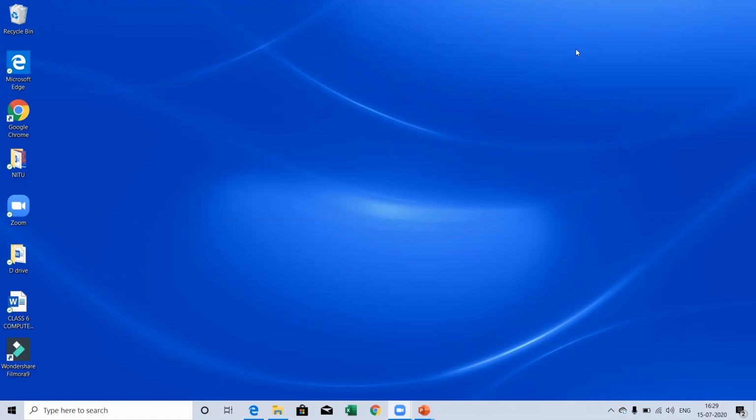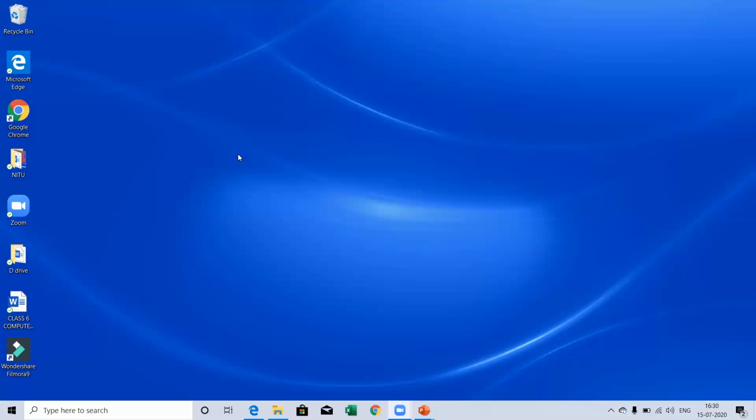As I explained, there are two wildcards. The first one is the question mark and the second one is the asterisk sign. With the help of these two wildcards also, you can search your file. So today, first of all, I will give you a revision about this topic, how to search a file. Then we will learn about the various file formats.